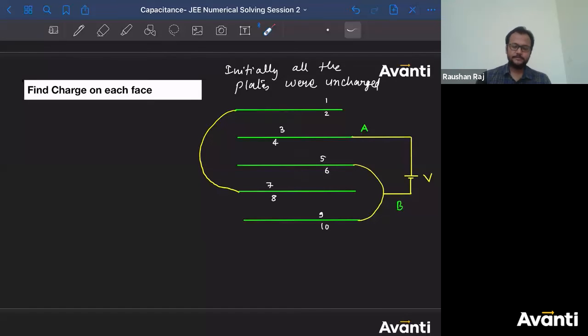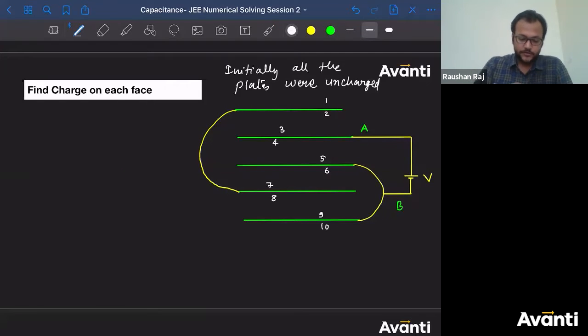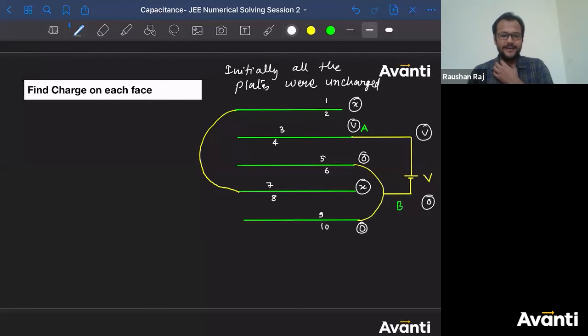Come on, let me solve it, okay. So the first task is to find C equivalent. Tell me what will be the C equivalent. How are we going to do that? So this is V. Sorry, this is V. This is 0. Let me use white color for that. This is V. This is 0. This one is 0. This is V. Let's say this is X. So this is going to have X. All right, you got this. Atharva, it will not be like that. Not at all.